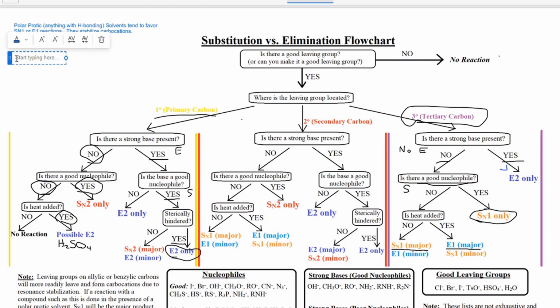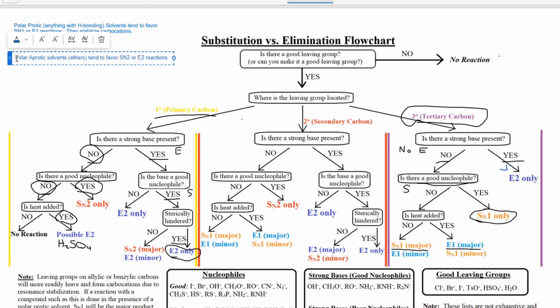However, polar aprotic solvents, and those would be things like ethers, or chloroform, CHCl3, or something like that. Polar aprotic solvents, things that are polar but they don't have hydrogen bonding, tend to favor SN2 or E2